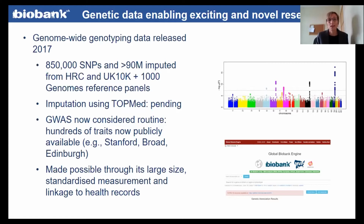We assayed 850,000 SNPs across the genome and imputed that to over 90 million variants using a couple of reference panels. We're currently doing imputation using the TopMed panel now, and that will be available sometime next year. And based on those data that were released a few days ago,